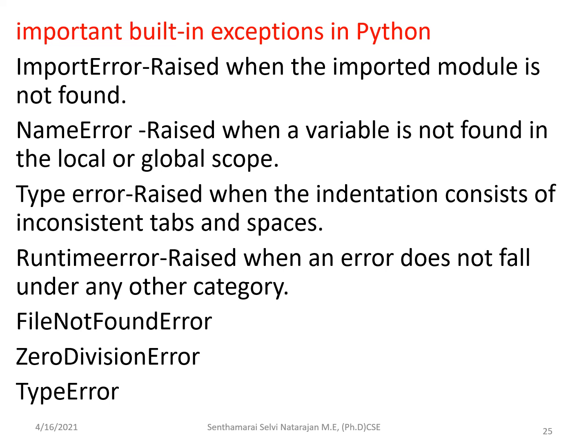Likewise, in name error, we have seen what it specifies. Likewise, the type error occurs if there are inconsistent tabs and spaces in the indentation. Likewise, in runtime error: file not found, zero division error, type error. So with this,